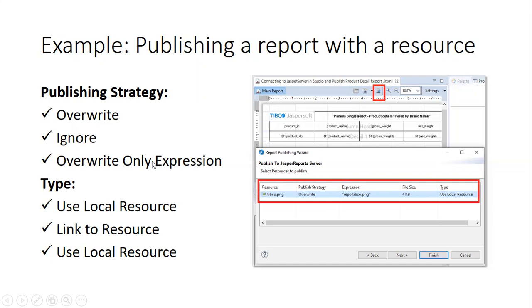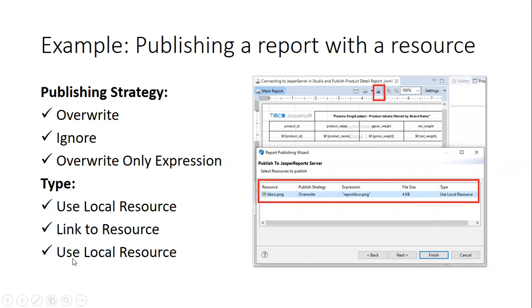By default, a resource takes the override option with the repo, then the resource name syntax. It also takes the type from one of these lists. A resource type can be of three types again here. They are save to folder, link to resource, and use local resource.